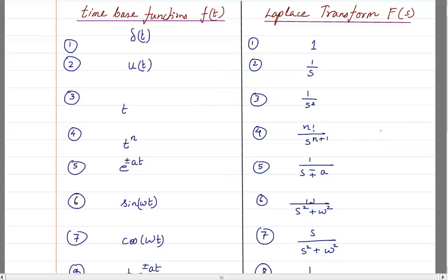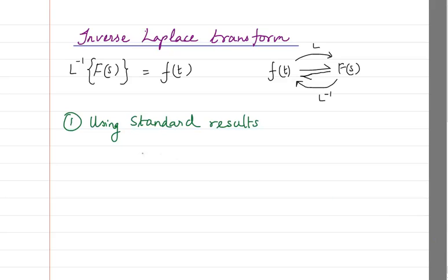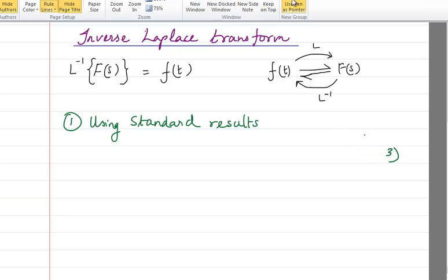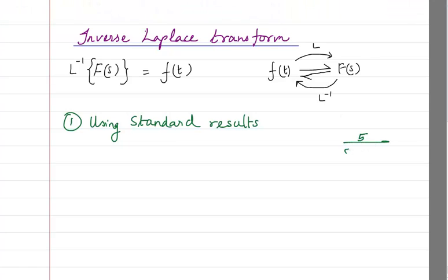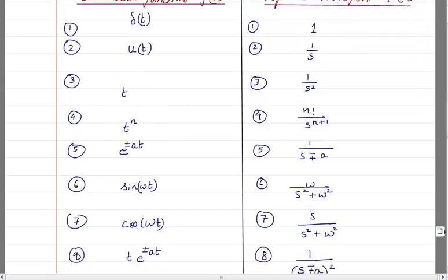Sometimes the result is also given in a form that looks something like this. Let's say 5 divided by s plus 2 into s plus 3. Now, where is the standard formula for this one written here? There is no standard formula for it. So, in those cases, what we do is what is called the